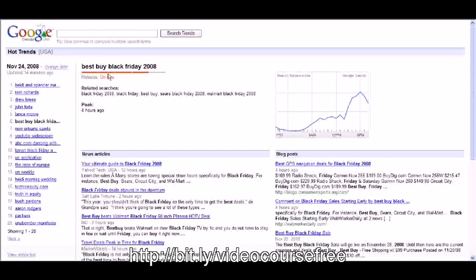It shows you the hotness level, that it is on fire, meaning that it's growing and there's a lot of people looking for it. Now the hottest phrase would be considered volcanic. What we can do here is create a website that taps into the hottest Black Friday type item. Basically you can make a website that relates to this particular product. You can make a page and target this on the page, which is what we're going to cover later on. So this is just how you research. This is the product you can make some money on.